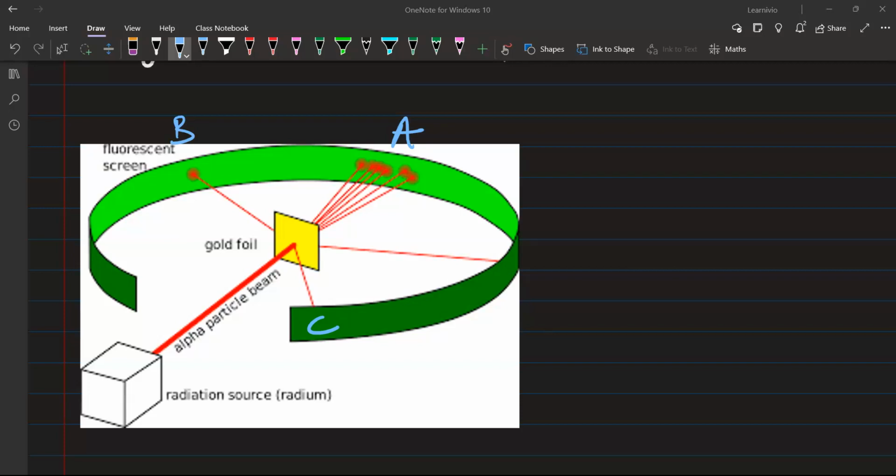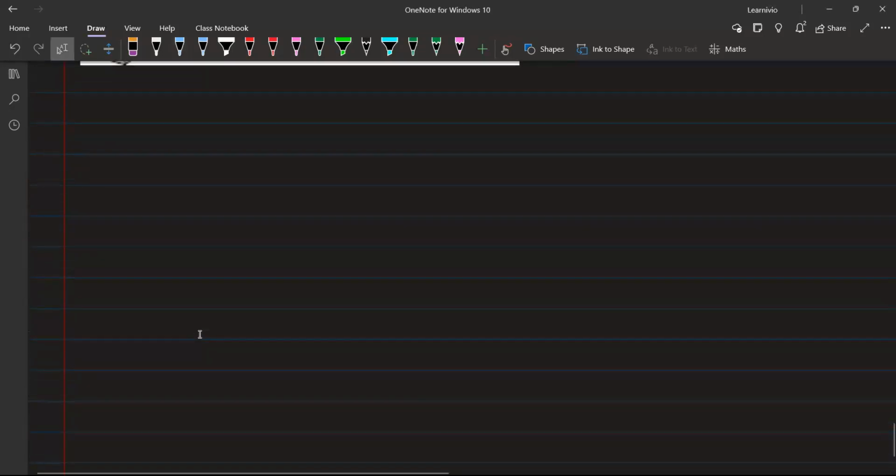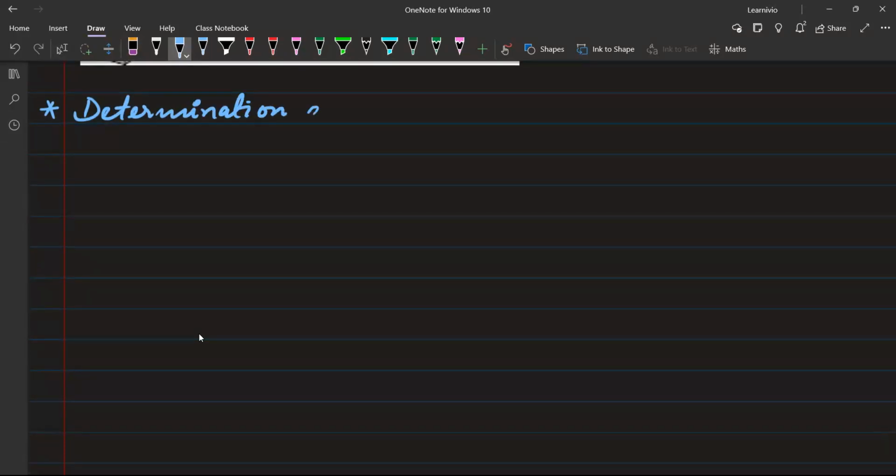Now just give me a second. I'm looking for a cathode ray diagram which is going to help us understand the charge by mass ratio on a part. ठीक है, अब आप लोग टॉपिक डाल दीजिए, डिटर्मिनेशन ऑफ चार्ज टू मास रेशियो।